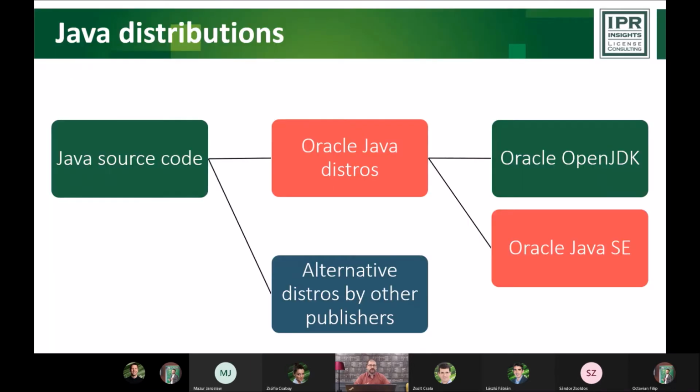So just a few words to preface the whole subject. Java distributions come in many flavors. The Java source code itself is open. Anybody can make a Java distribution of their taste, so many publishers do it.